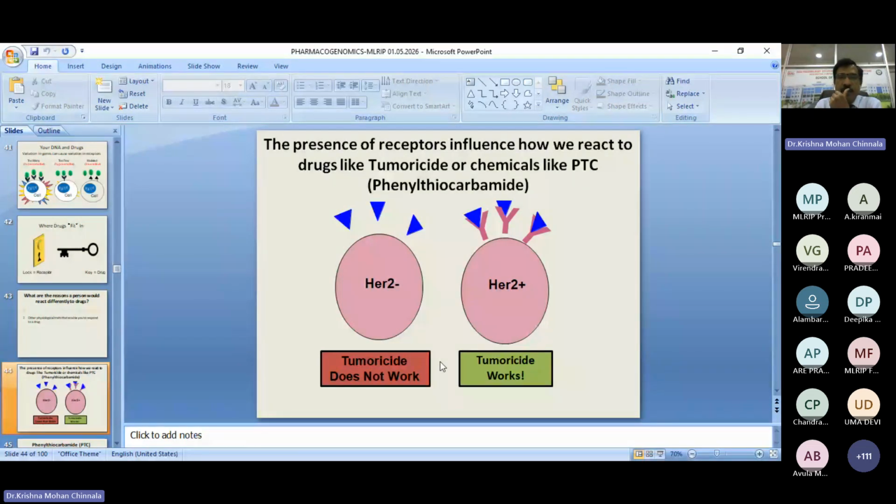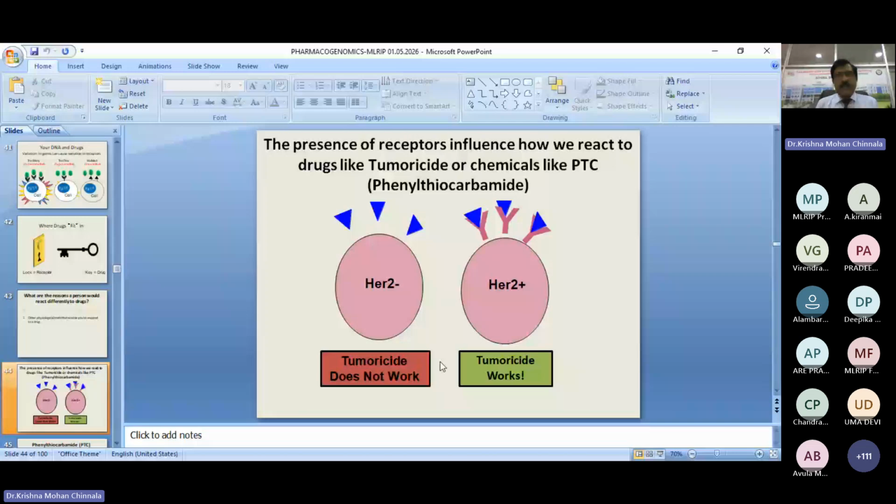Hypersensitivity, we discussed about it, and this may be useful in inter-individual variation of drugs, and we can decide whether the tumoricide is acting on the receptors or not. Okay. HER2 receptors, which are involved in breast cancer of women. If they are responsive towards the tumoricide given by the doctor, then only you can continue the drug. Otherwise, you have to discontinue it and give another drug.